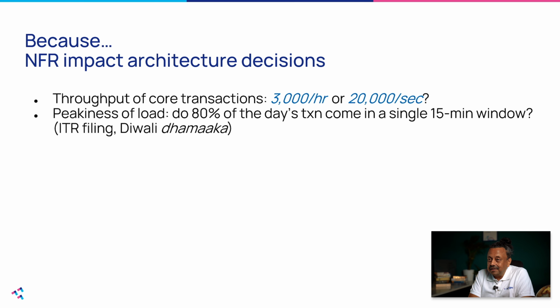The second non-functional requirement example, NFR example, is peakiness of the load. Peakiness is a word we use which means does the load figure peak, as in does it show a sharp rise during a short period of time? So the opposite of peakiness is flatness. So if the software which we are trying to build or run will experience load which is uniform for like 12 hours a day or 24 hours a day, that is a very non-peaky load.